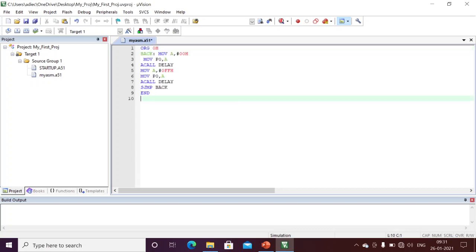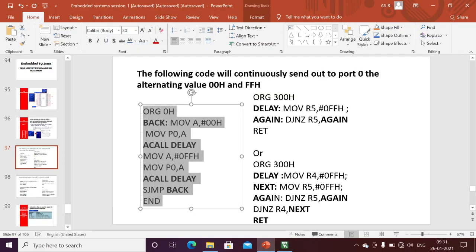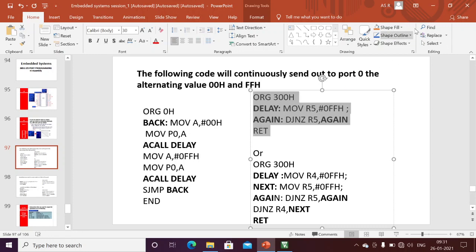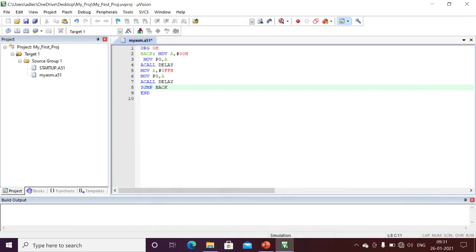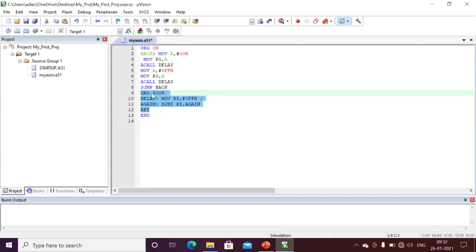Okay, I am writing my same code here, and my subprogram also I will write in a similar way. END should always be at the end, that's why I'm writing from here. As we understood, see, from here to here is my subprogram. From here I'm storing, my origin is 0H. From here to here I'm storing my program from 0H onwards, and from 300H onwards I am storing my subprogram. Whenever the call to delay is made, the microcontroller will come to here and execute this. After the completion of this function, it will come back to the main program. Okay, in a similar way we will run our code.